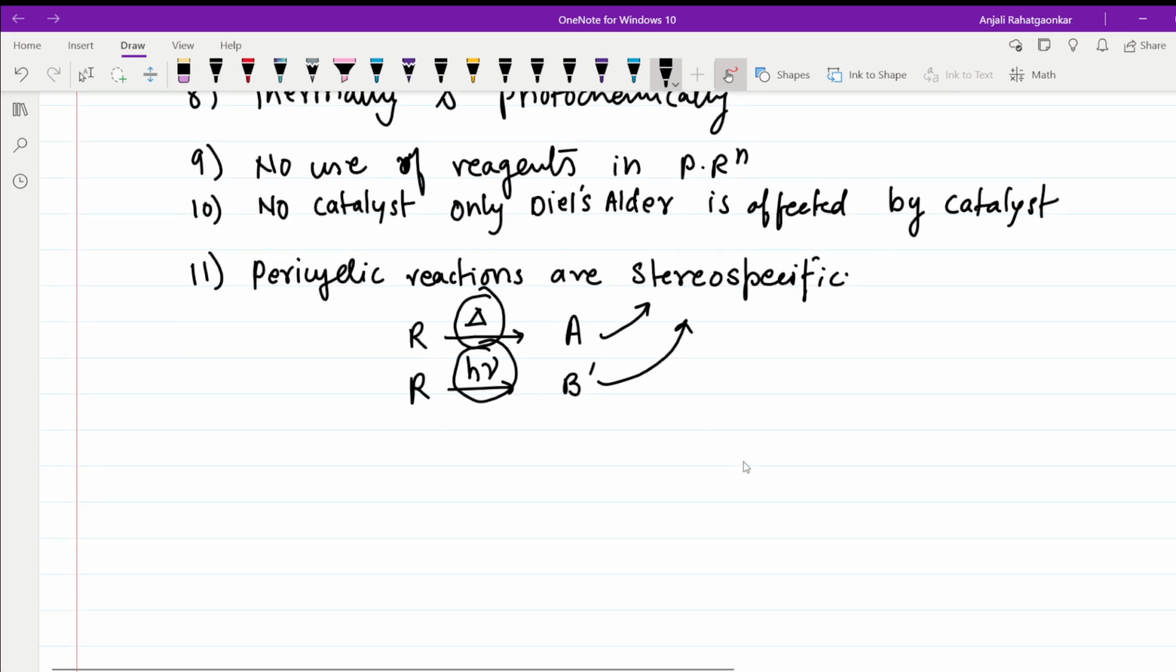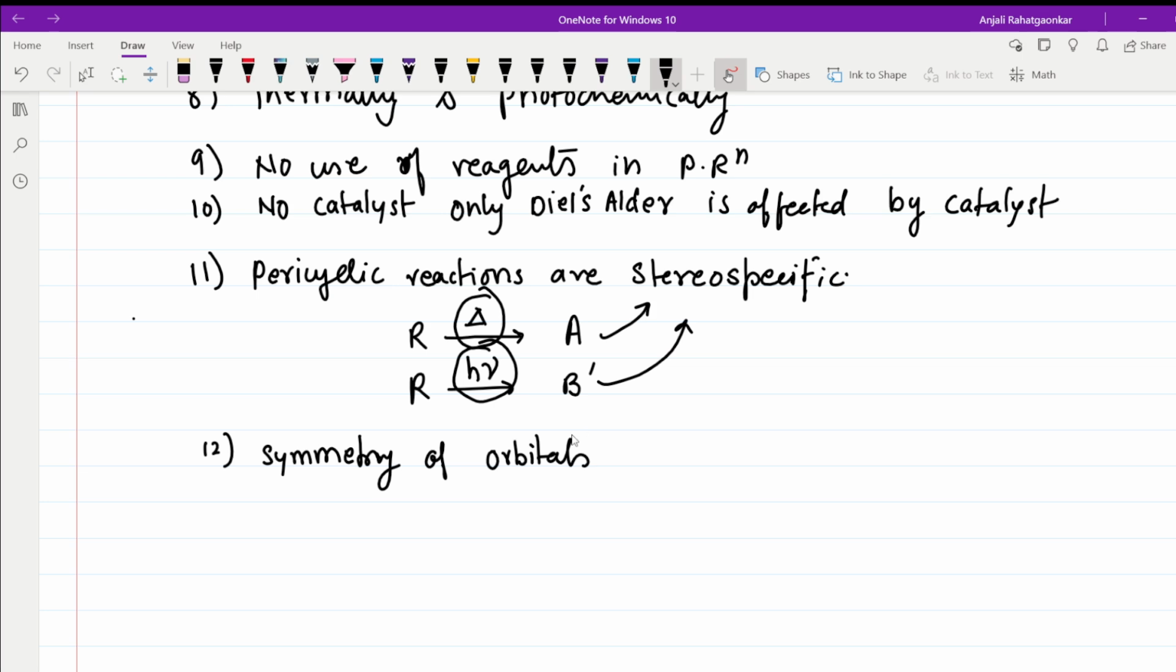Then the next characteristic is the symmetry of the orbitals. Now this is the most important. The symmetry of the orbitals is conserved. The symmetry of the orbitals,